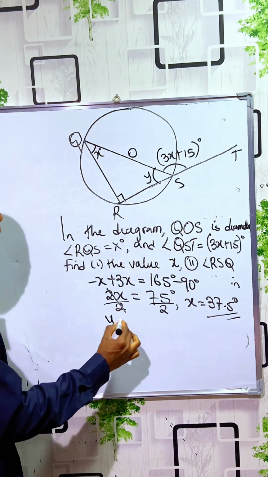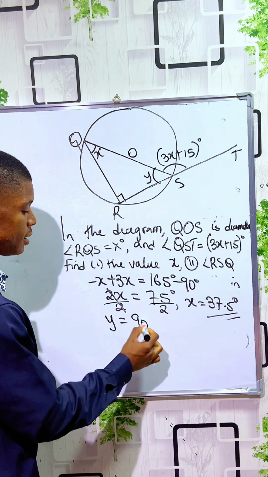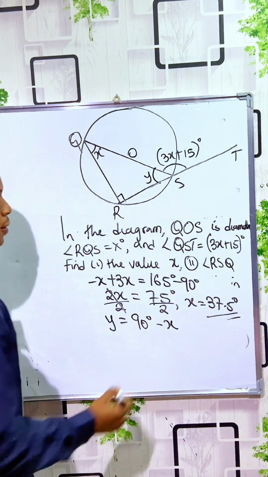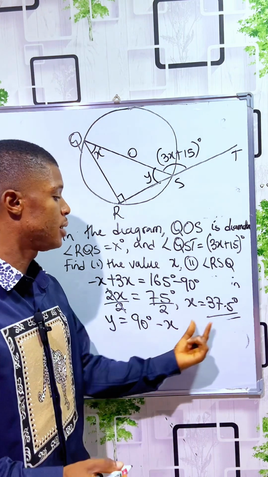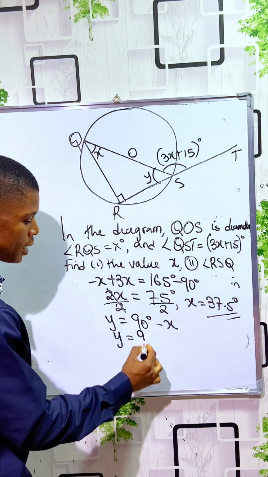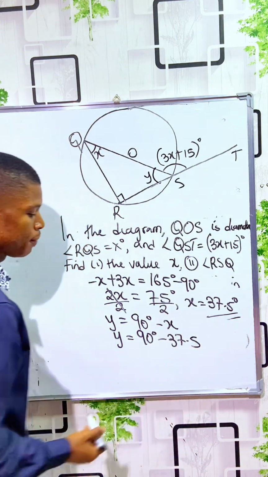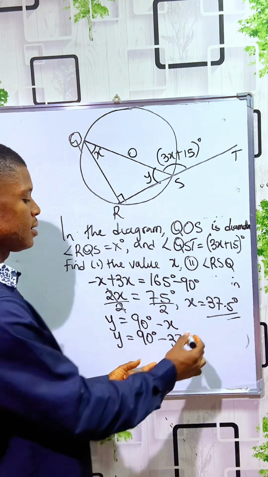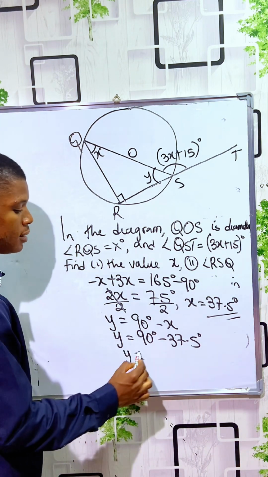Recall, we got that one of our equations is y equals 90 degrees minus x. So from the equation, we plug in the value of x to be 37.5 degrees. y is equal to 90 degrees minus 37.5 degrees, which is going to give you that y is equal to